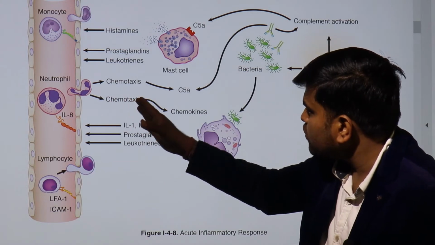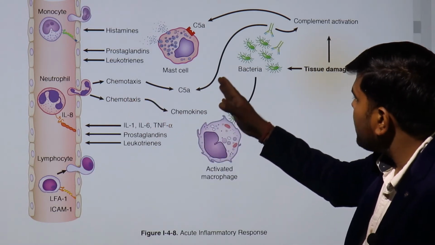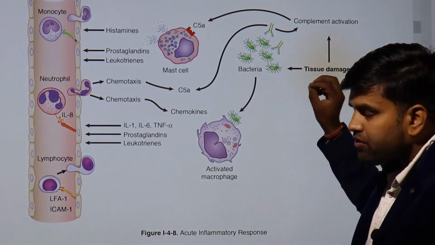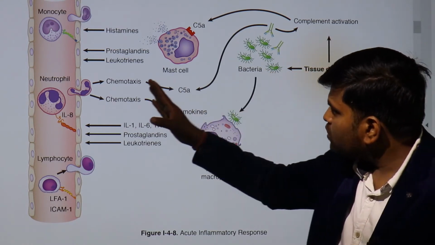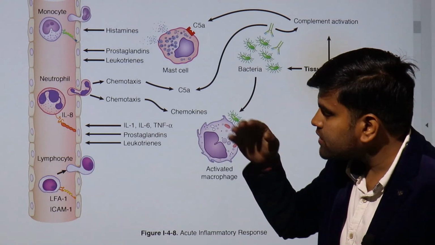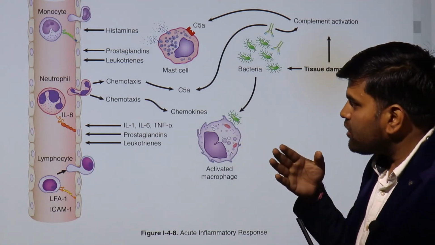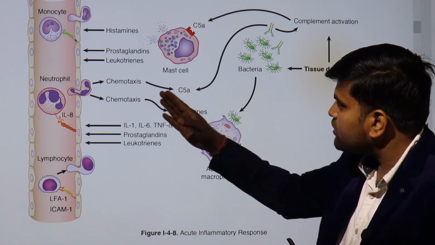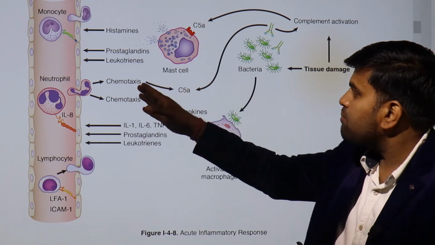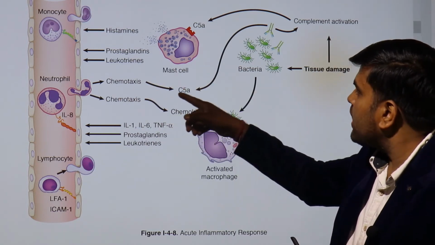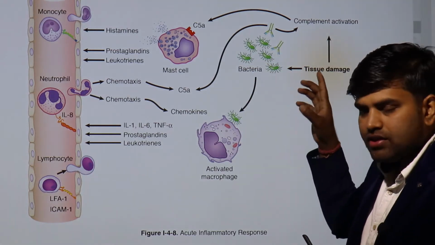So there is less, there is more, there is a little more, there is more, and at the site where there is actual bacterial infection, there is more cytokine, more tissue damage, more chemical signal. So through that chemical signal, they are detecting, they are smelling that chemical signal, they are recognizing the chemical signal, and then move along the same pathway towards the chemical signal and reach the bacterial infection site, and then